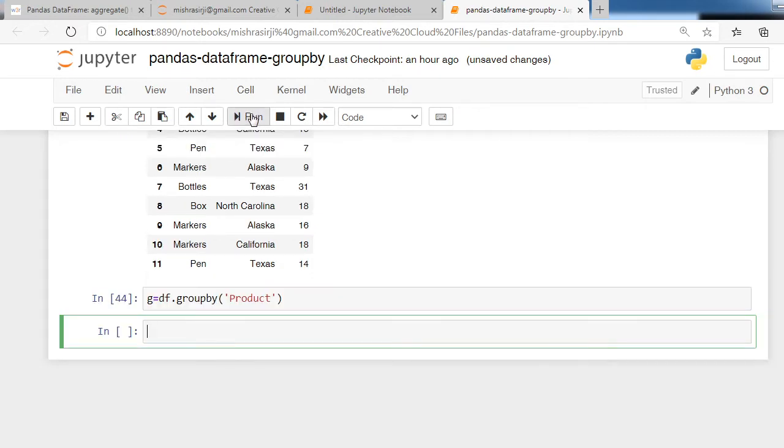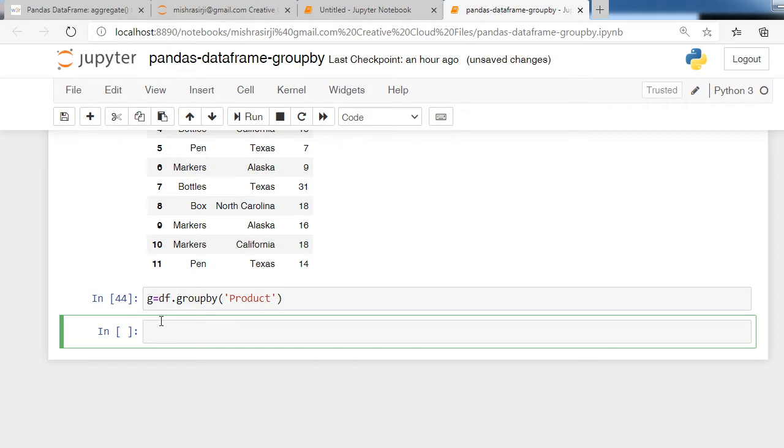The output of the group by function does not display on the screen, and the result of the group by function is an object, and we can store the group by object in a variable. So here I am storing the result of this statement into variable g.